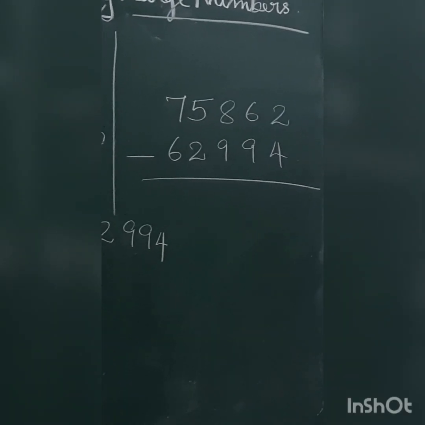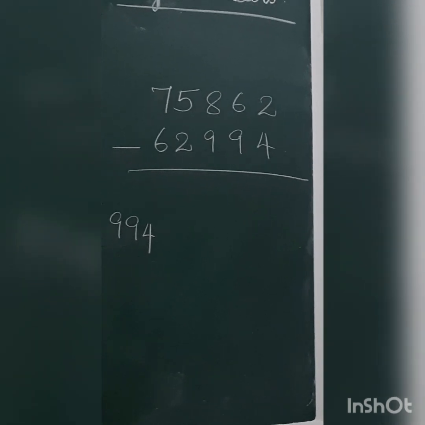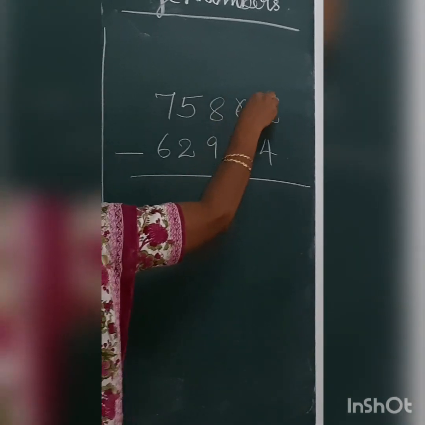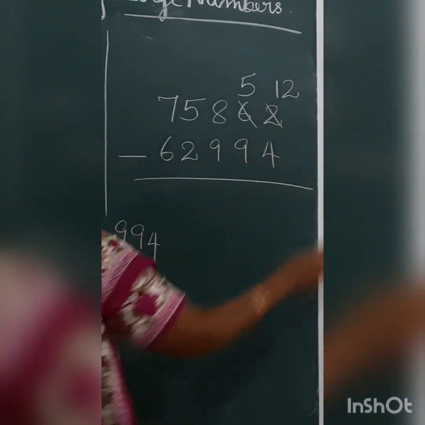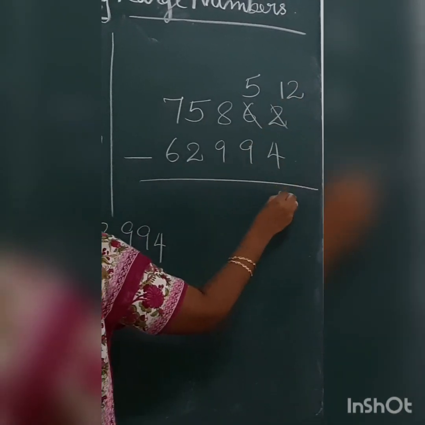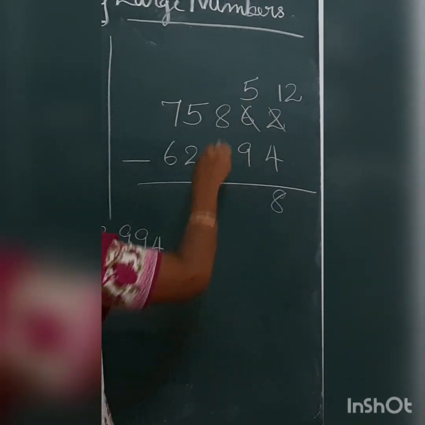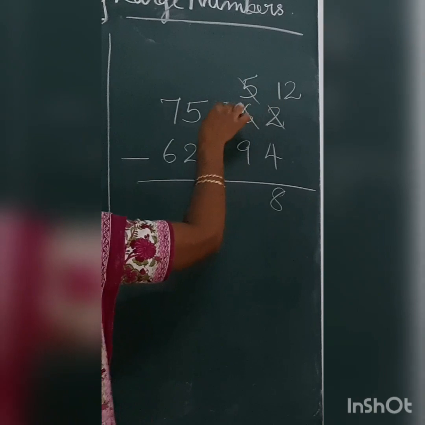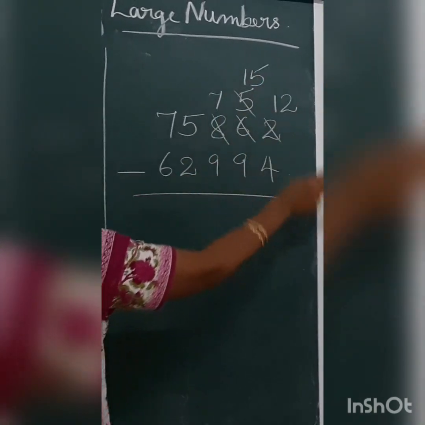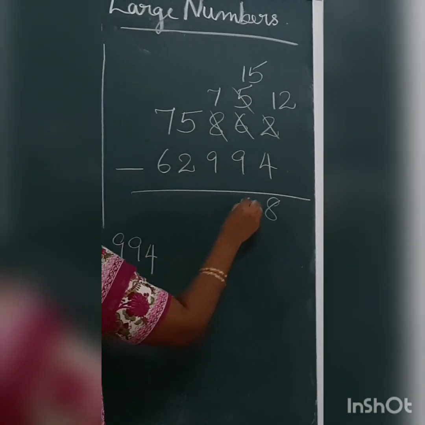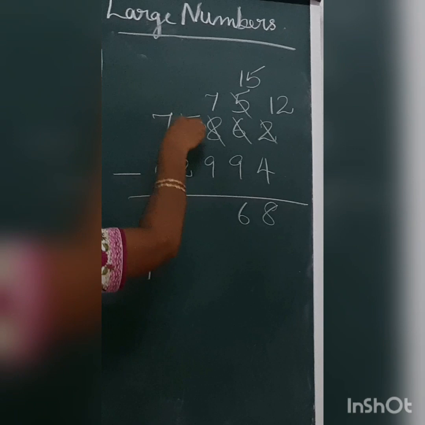We have to subtract this. 2 minus 4. It is not possible. So we borrow from here. It will be 5 tens and it will be 12 ones. 12 minus 4 is 8. And 5 minus 9 is not possible. So we borrow from here. It will be 7 hundreds and it will be 15 tens. 15 minus 9 is 6. And 7 minus 9 is again not possible. So we borrow